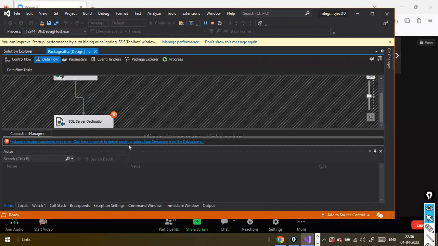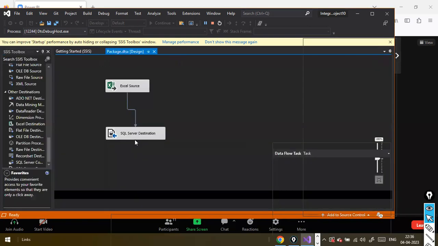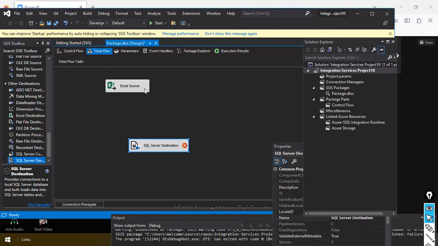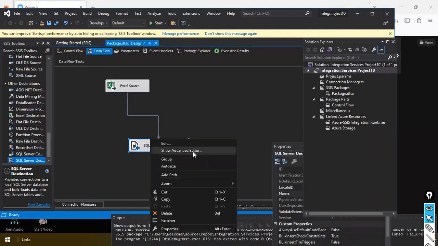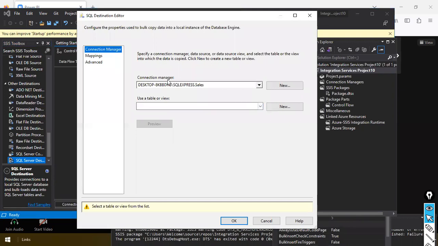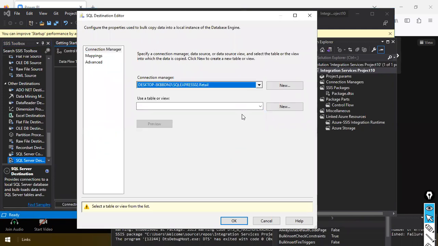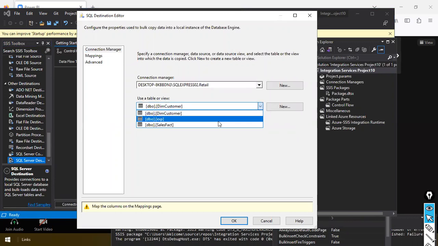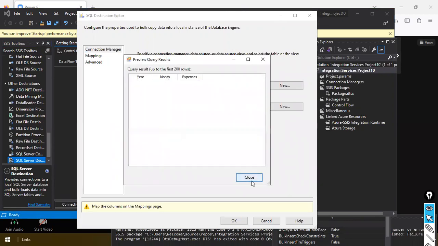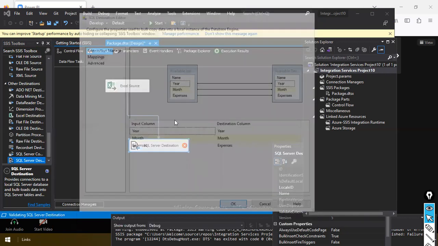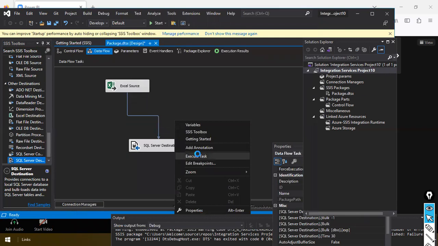Okay, in this case, better we can delete this one. And if you experience this kind of thing, where the server name recently got changed, you just create a fresh one and then right click on it and edit. And here you can select the database which you created just now. This is the database, new server. And then here EXP, this is the one that has no record in it. Mapping is done, and then you right click on it, execute task.